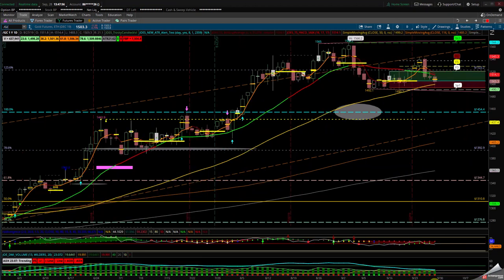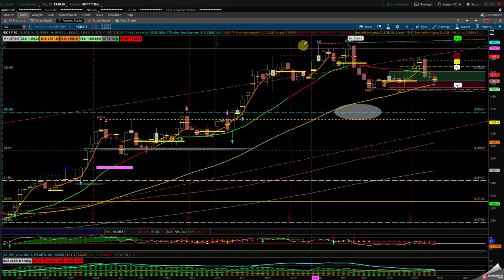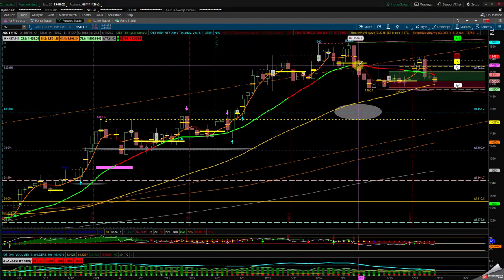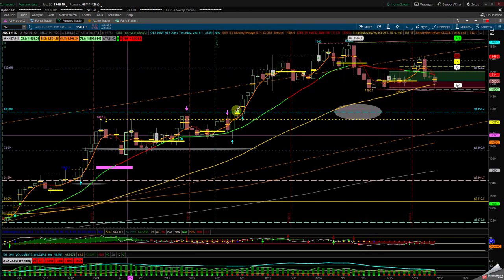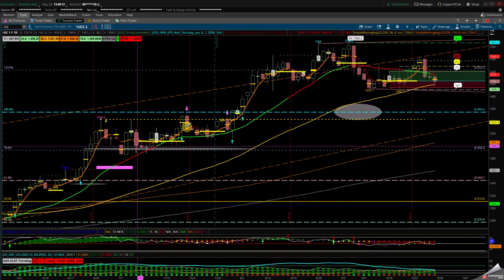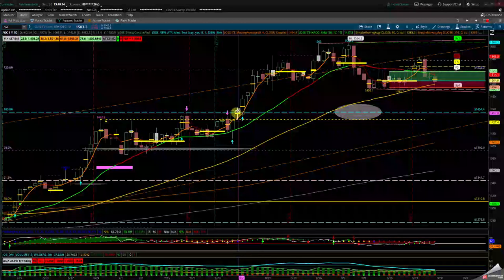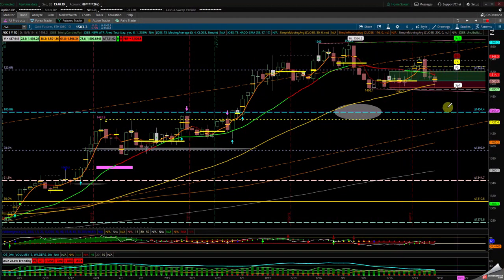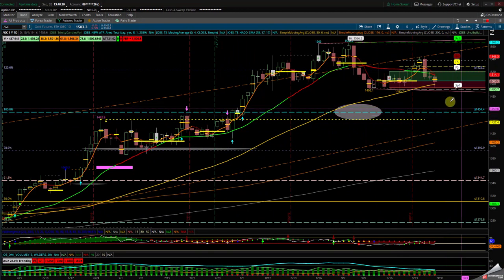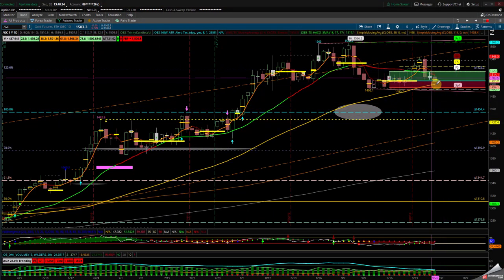Okay, this is gold. Remember, we were consolidating. We were trying to push. I had a blue mark, and I said the 1508 was very critical in gold in order to stay bullish, and eventually we fell through. I was always looking for this breakout when we broke out of this candle. I was looking for that 50 SMA and this consolidation between the 50, 1470, 1475. Remember, that's the 50 SMA. We retested it, came back and bounced off.